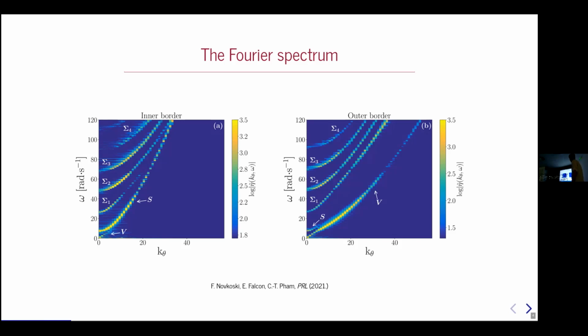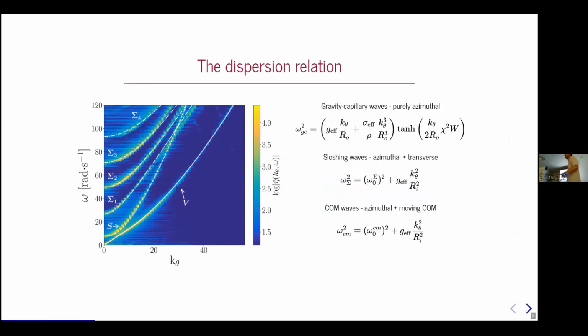very different branches start to appear. And on the inner border, for example, we do not see the gravity capillary branch as present, but we see the second one appearing, which is much stronger than on the outer border. So to get a more complete picture, we superimpose the two and